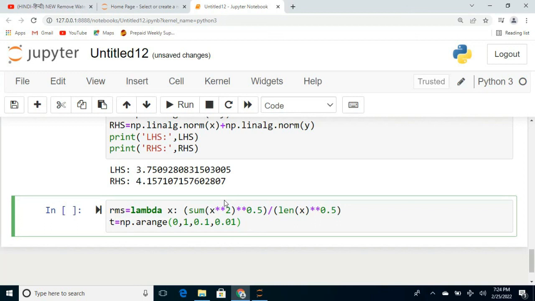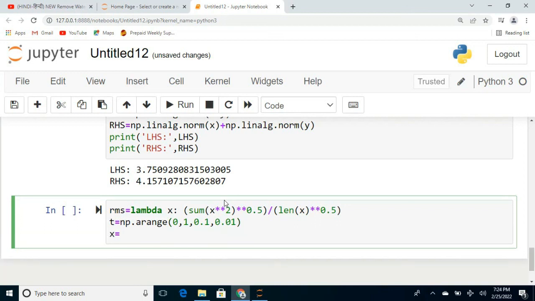This is t, and x is equal to np dot cos of, inside the square bracket, we write 8 multiplied by t minus 2 multiplied by np dot sin of, inside the square bracket, we write 11 multiplied by